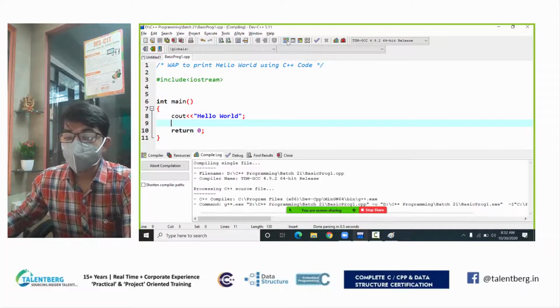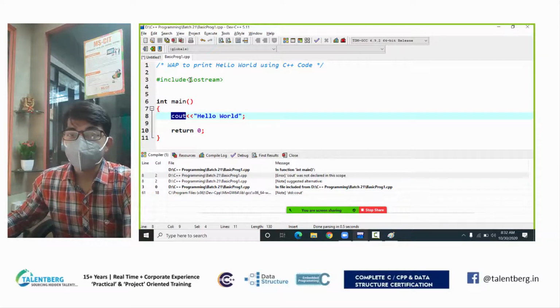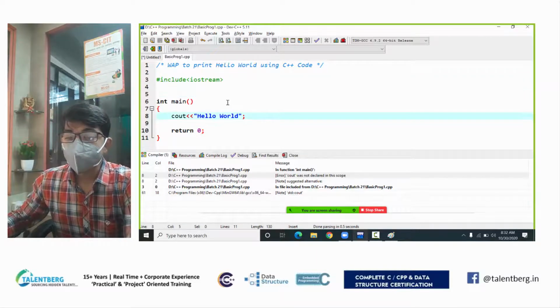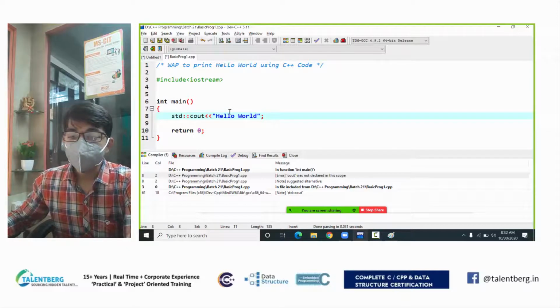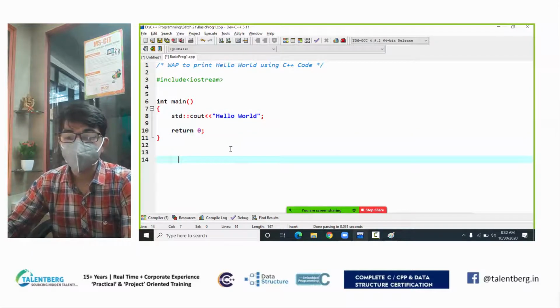If I click compile, here is one error: cout was not declared in this scope. I told you the header file provides functions. In C++, header files provide you namespaces, classes, and inside a class we have functions. So here you can follow the syntax as std, these double colons, cout. What is std? Std is the name of a namespace. So I clarify that namespace, you consider like a folder.